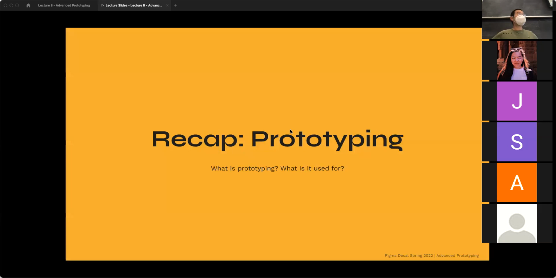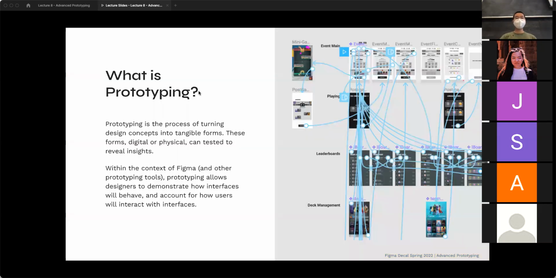All right, we're just going to jump right into this recap. So we've talked a little bit about prototyping and what it's used for, but essentially it's the idea of turning your design concepts into something that is a little bit more tangible. So the ability to add interaction and understand how users are going to actually behave when they interact with your product is going to give you a lot better of an idea of what you should be building, and basically inform your design decisions as you go through the process,